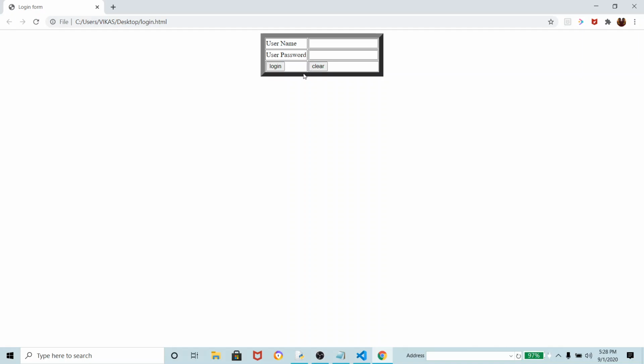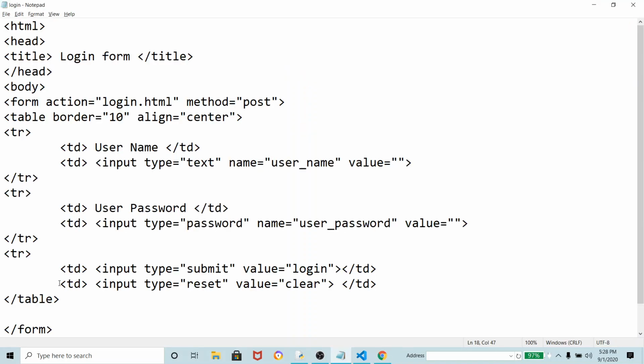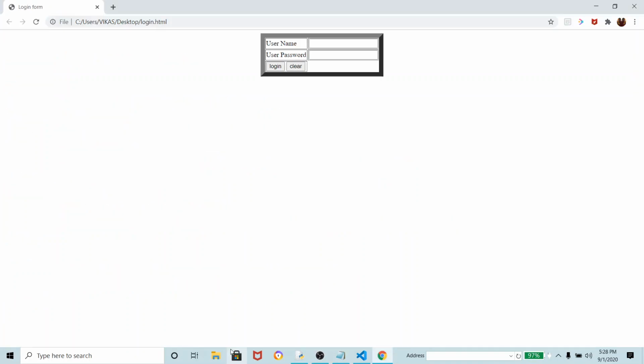Okay, so if you want this line to be removed, what will you do, you have to use only one td, no need to write this one. Clear? Td don't close here, td close here, and then refresh. Look here, both buttons came here, login and clear. What is the use of clear? Because I have written clear, when you click on clear, this function will remove all the field values automatically.